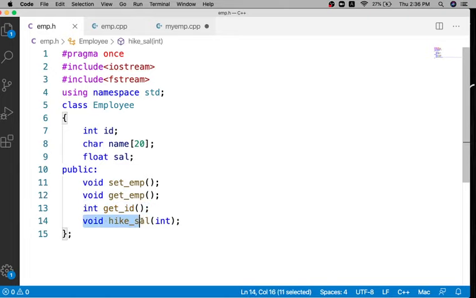And then I have a method called hikeSalary, wherein I'm going to get some information about the employee and then hike the salary for him, right? So for example, for employee number 1, the salary needs to be hiked by 10%. Yes, I can do that. Okay, now here